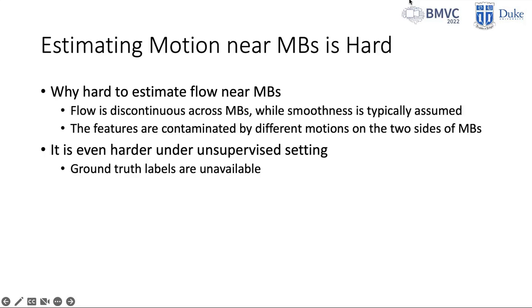In addition, the features used for matching in these estimators are extracted from a large receptive field. For points near motion boundaries, those receptive fields would cross the motion boundaries, and therefore the features would be contaminated by different motions on the two sides of motion boundaries. Without flow labels for guidance during training, it is even harder to estimate flow accurately near motion boundaries under unsupervised